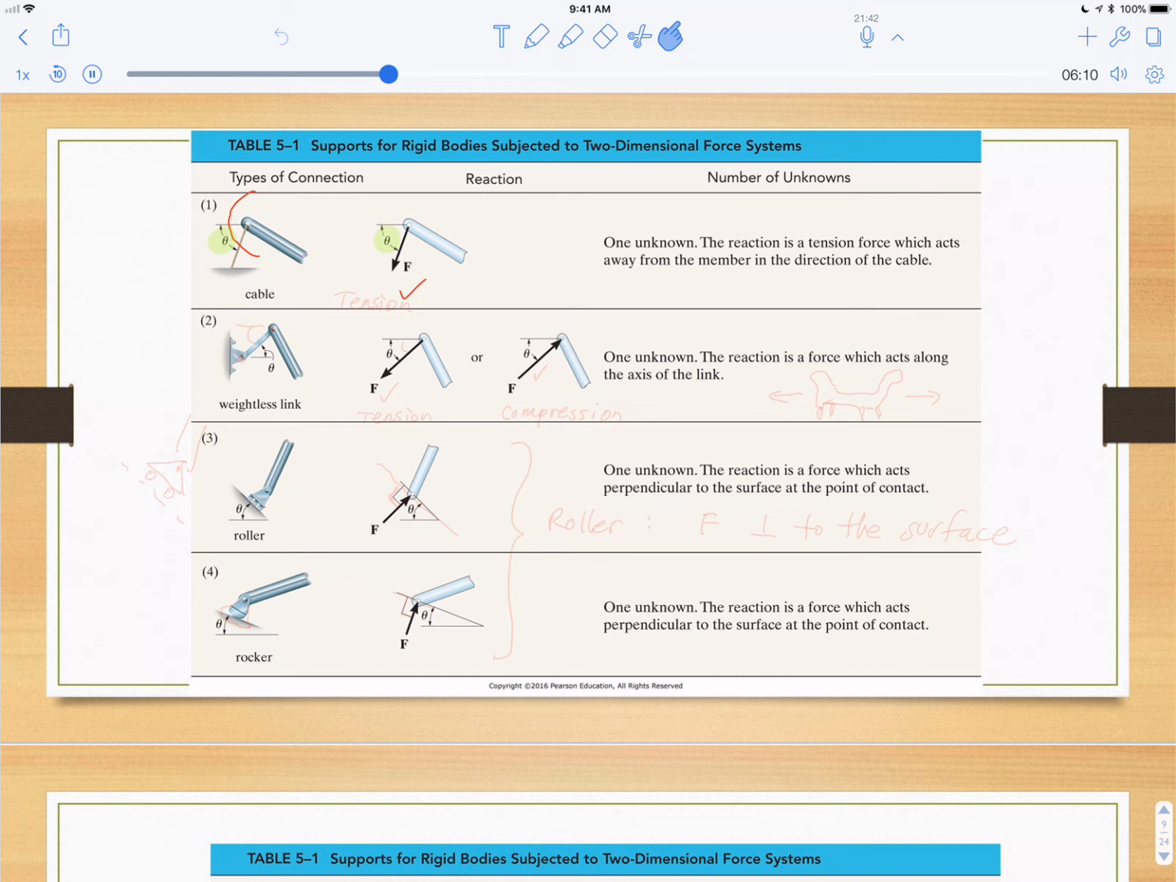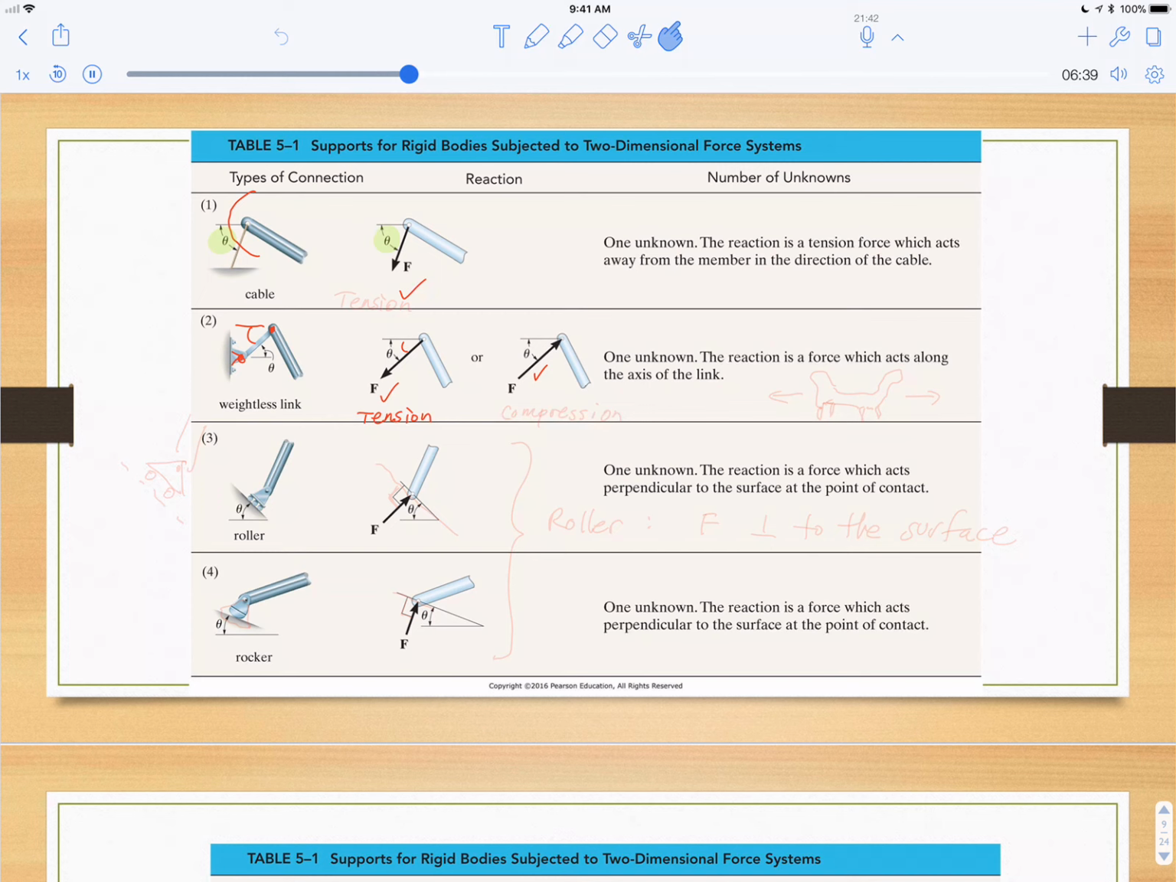A weightless link is just like a cable. A weightless link has to have a pin here. That means there's no moment there and no moment there. And if that's true, the weightless link also acts on the angle of the link. So this angle here is the same as that angle there. The difference between a link and a cable is a link can pull like this in tension, but a link